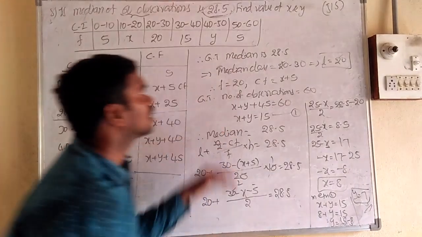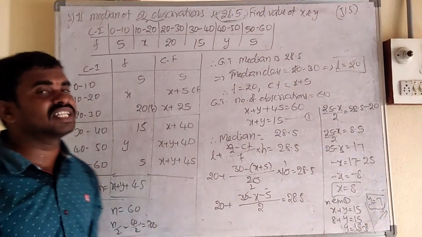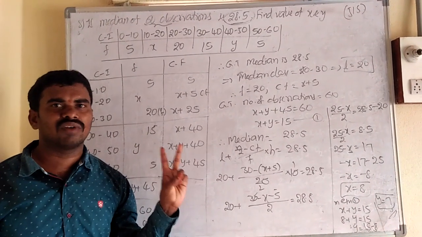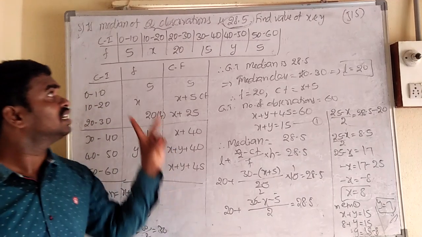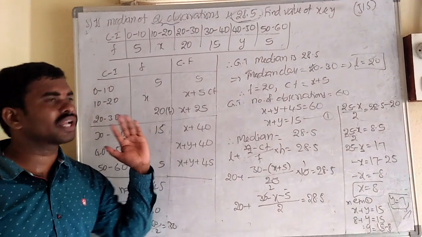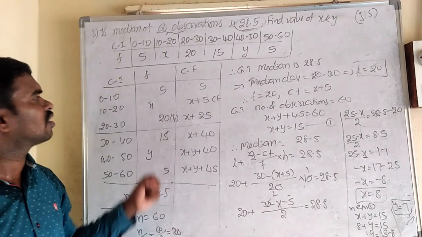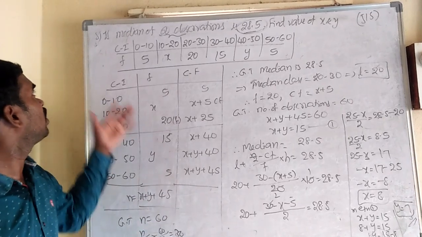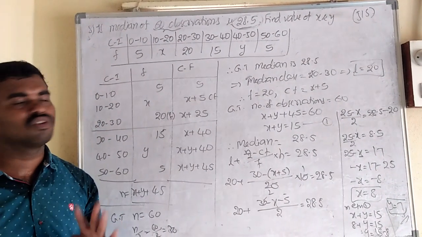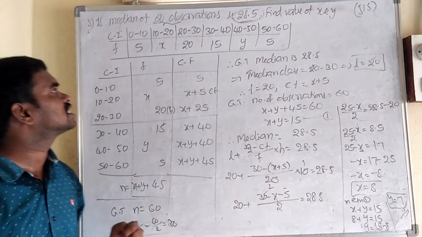This is the solution. These are the 4 marks questions from statistics. Two 4 marks questions we can expect: one from Ogive curves, one from this mean, median, mode concept. I taught Ogive curves in another video, and mean, median, mode in one video. So among these 8 questions, if you learn them, you can definitely reach the 4 marks questions. So you will get 4 marks in the exam.